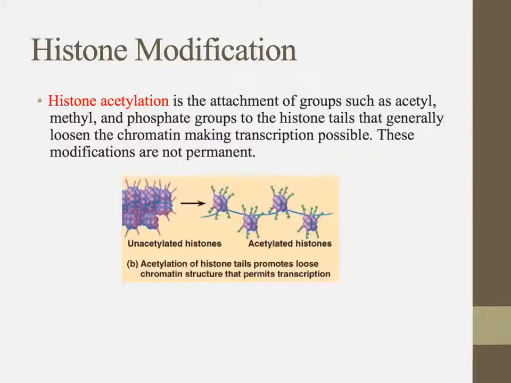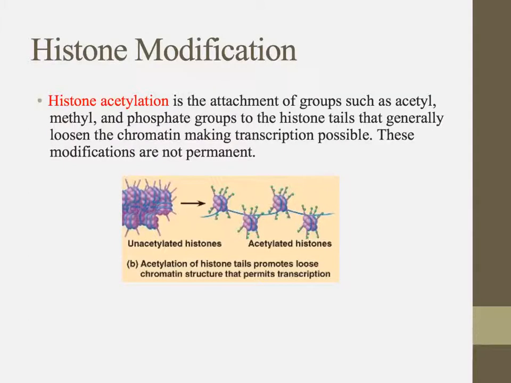Histone acetylation is the attachment of groups such as acetyl or methyl or phosphate groups to the histone tails that generally loosen the chromatin, making transcription possible. But these modifications are not permanent per se. The way it modifies the histone is by loosening up the chromatin, making it easier for transcription to occur. Remember that the second way it was regulated was that the heterochromatin was way too compact for transcription to occur. So this is really stretching it out, making it way easier for it to be transcribed and